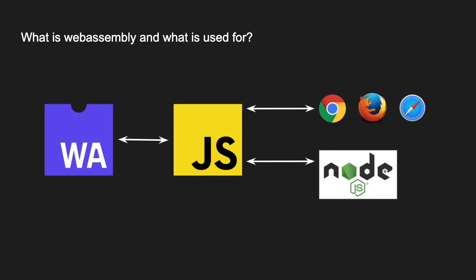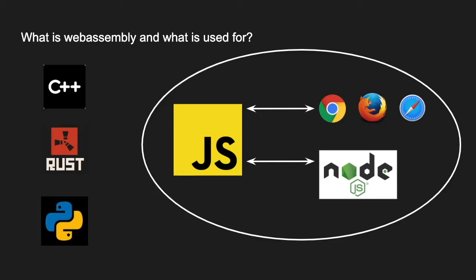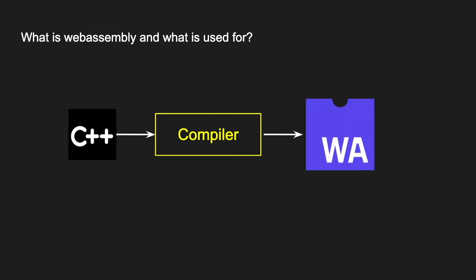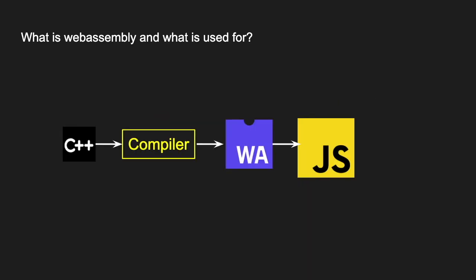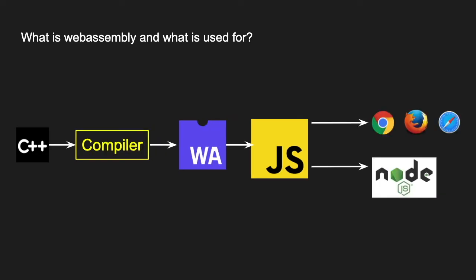We can use this API in two different ways. The first approach, which is more popular, is compiling code from a non-JavaScript programming language to WebAssembly. Then load the compiled WebAssembly code in our JavaScript app and run it. For example, we can write code in C++ and compile it to binary code, and finally load it to our JavaScript project. This is good news, especially for developers from non-JavaScript programming languages, which WebAssembly lets them jump into front-end